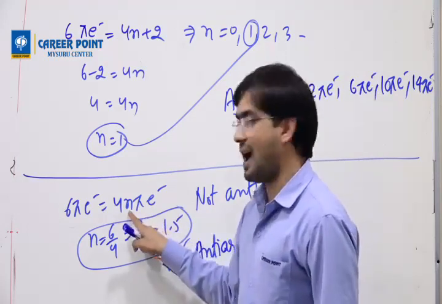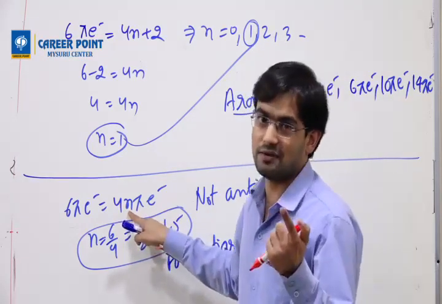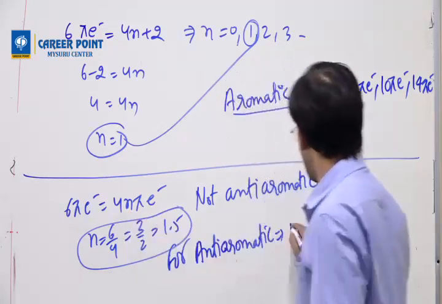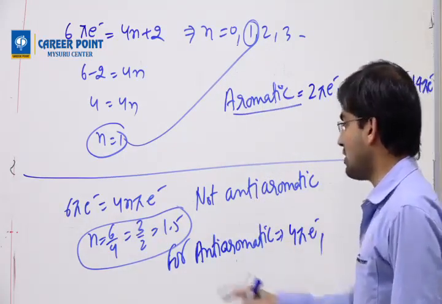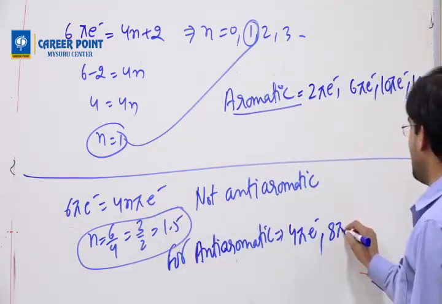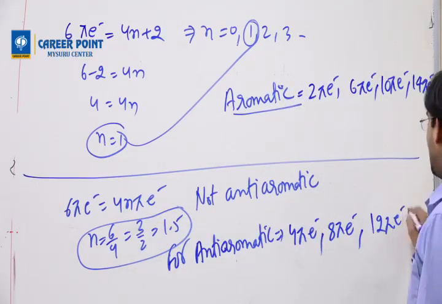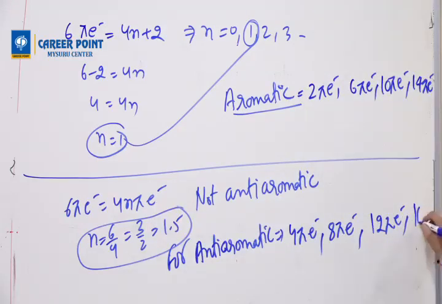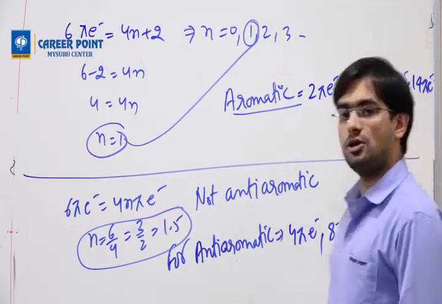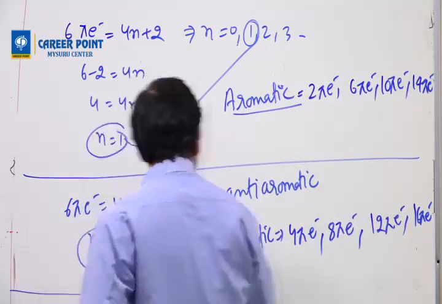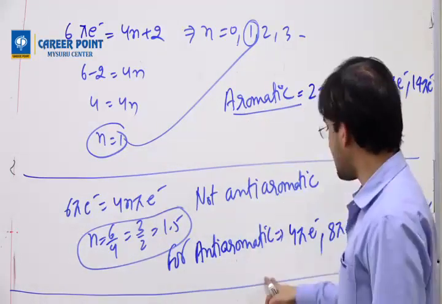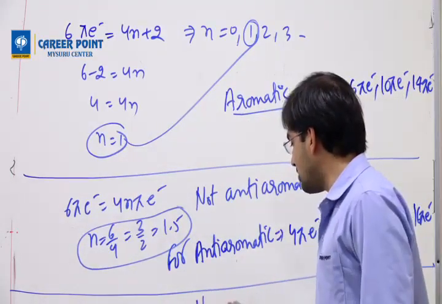So if you keep N as 1, because it doesn't start with 0, it starts with 1, you should have 4 pi electrons. If you keep 2, you should have 8 pi electrons. If you keep 3, you should have 12 pi electrons. If you keep 4, you should have 16 pi electrons. Understood? Then, if the compound comes neither here nor here, it is neither